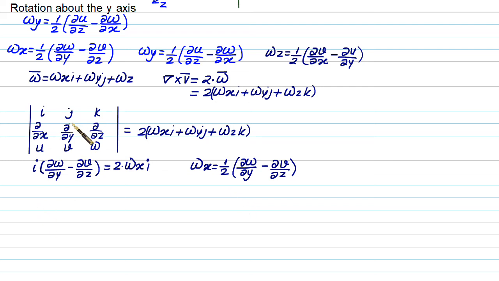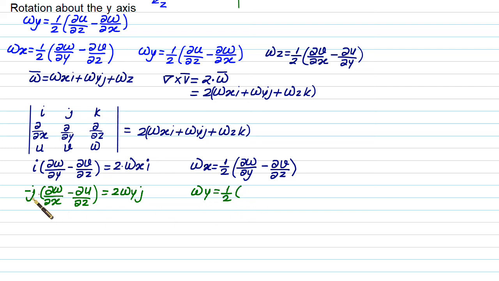Now if you solve for j here, I will get minus j. In that case I have to take the partial derivative of w with respect to x. So we have del w by del x minus the partial derivative of u with respect to z, so del u by del z. And on the right hand side we have to equate with 2 times omega y j. Only thing is that this negative sign will be added inside, so these two terms will be swapped and we'll get omega y is equal to 1 by 2